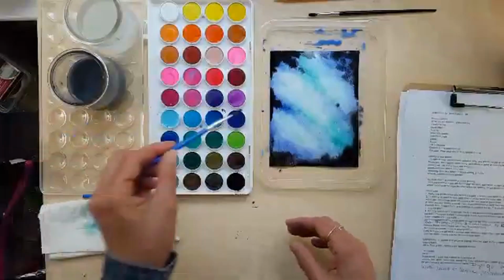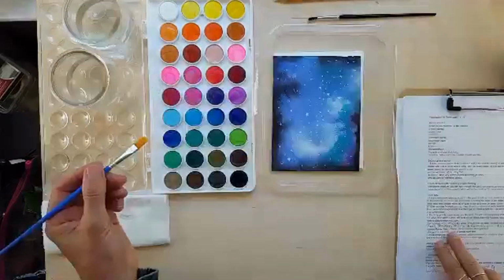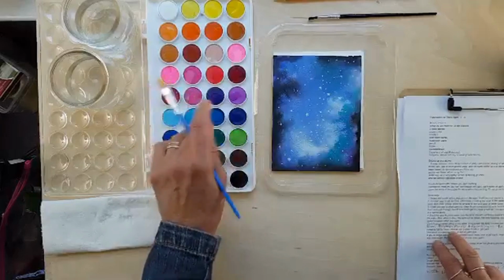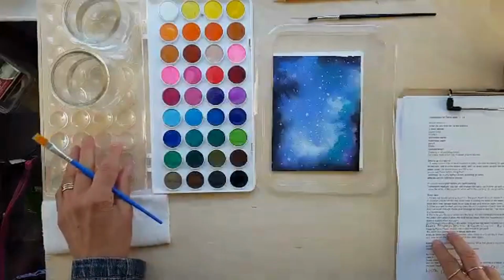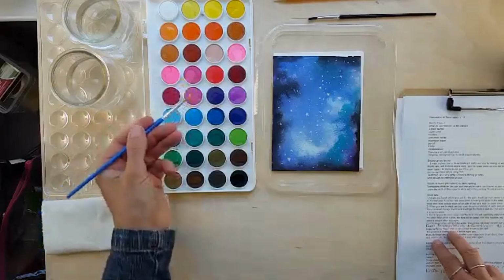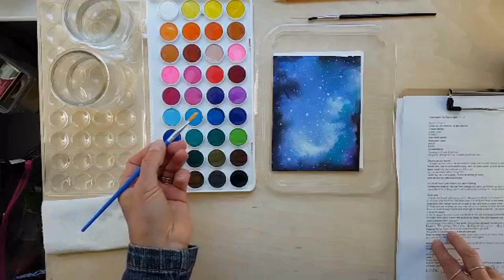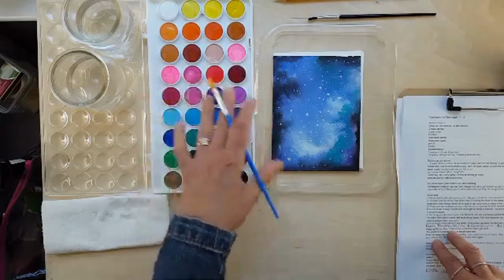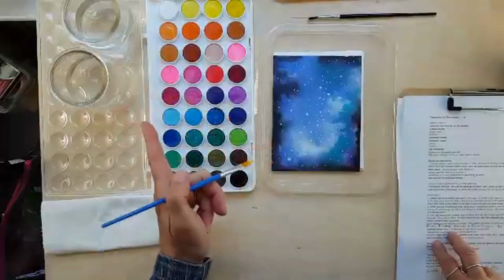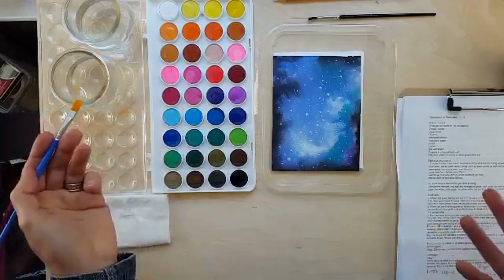Right, these edges are a little bit hard, so I'm going to soften those up with a little bit of water. Don't mix the colors in the little trays. We're going to use the palette over here on the side to mix those colors. So every time you go into a pan, you want to go in with a clean brush, because what will happen is that you will contaminate your pans with another color, and I can show you how to clean that out, which is to